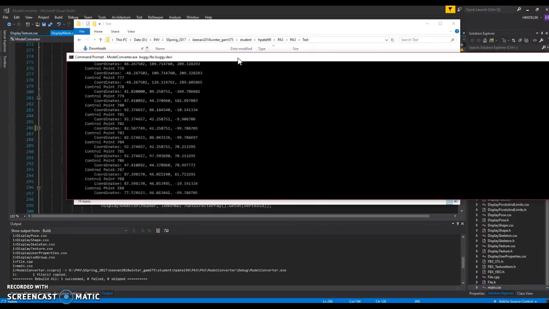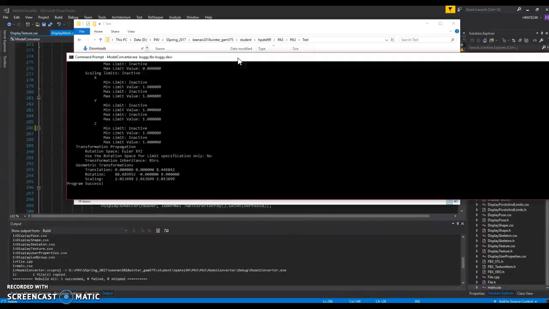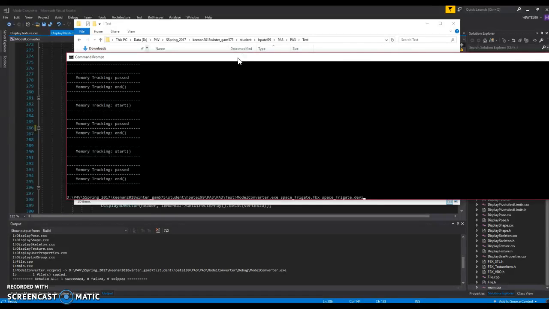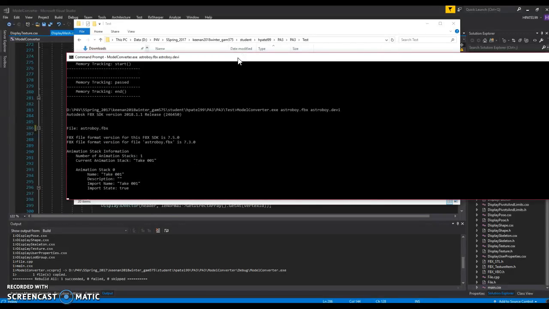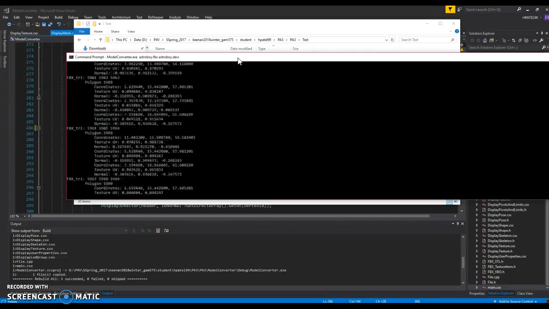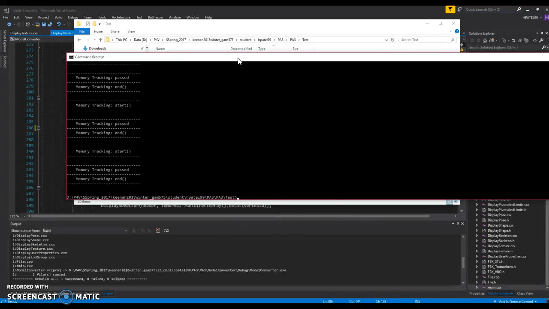There were a few challenges with the different kinds of files. The Space Frigate was the easiest one, but when we go through the Astro Boy, it had its normals stored in the polygon vertex instead of the vertex count, so that's what is covered in this one. And we got Astro Boy,